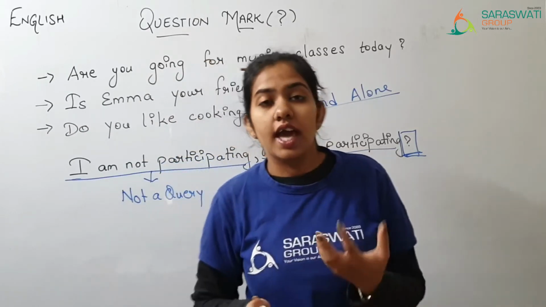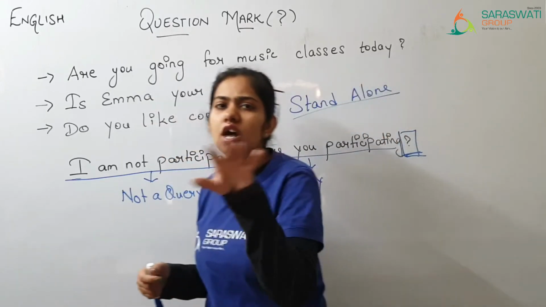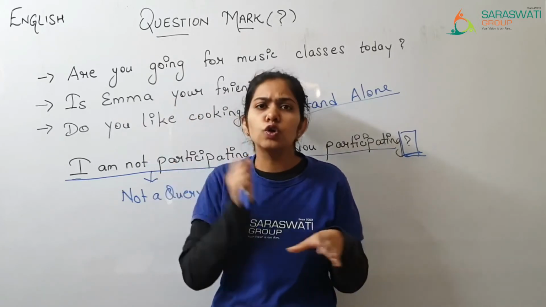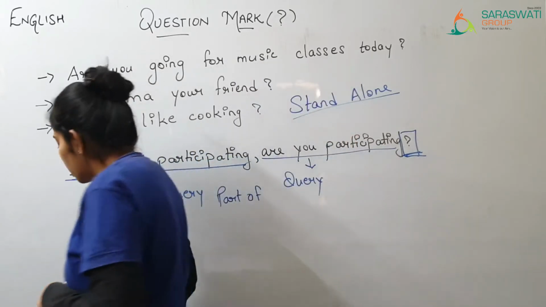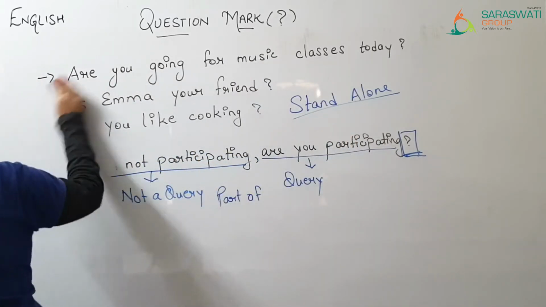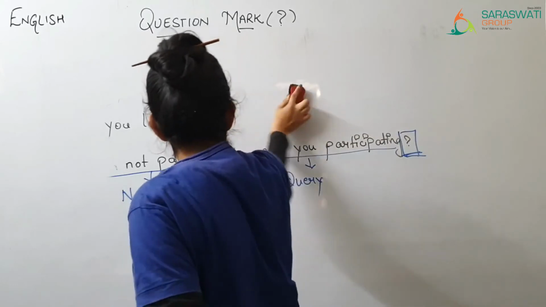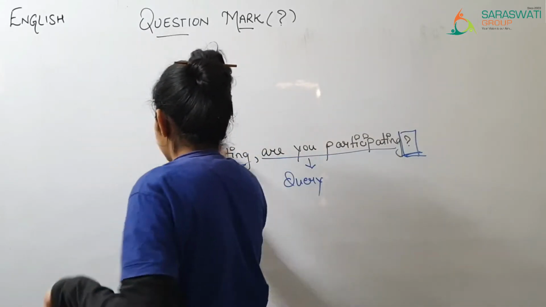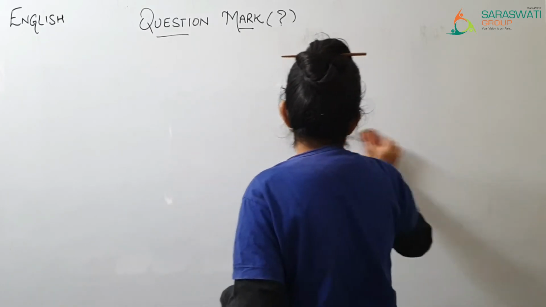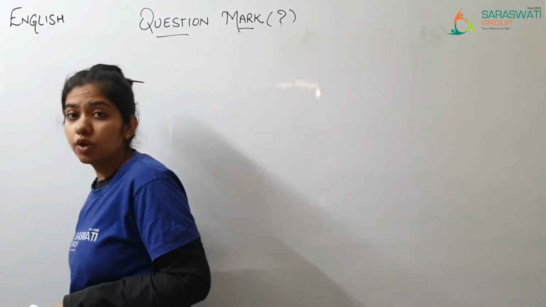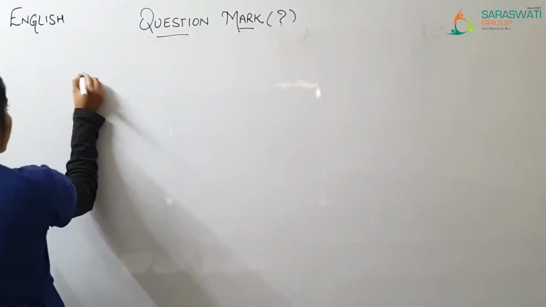So and when you are having a direct query, when you are asking a direct question without going round and round by asking गोल तरह के questions पूछे बिना, when you are having a direct question, then which are the words you are going to use? I hope that you understood this thing related to question mark. So the words which come in when you want to ask a question,